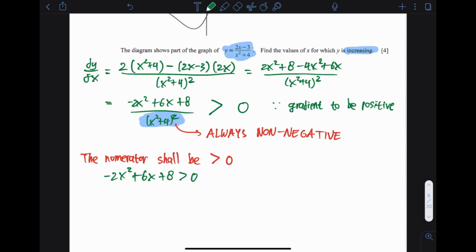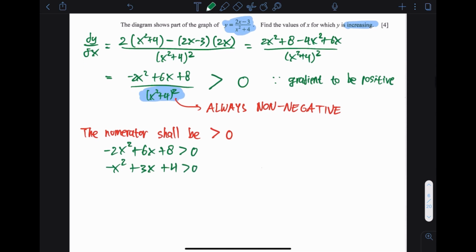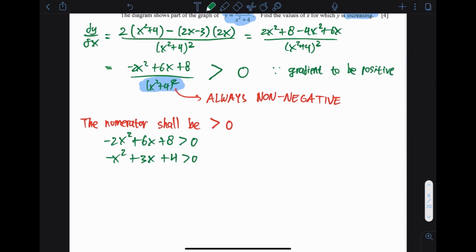This now turns into a quadratic inequality and discriminant question, although I don't think we are going to do the discriminant specifically here. So we have this. Factorize the equation, or you can also multiply by the negative if you don't really like a negative as a starter. Don't forget to swap the inequality. You can factorize this. I'll get x minus 4 and x plus 1 lesser than 0.